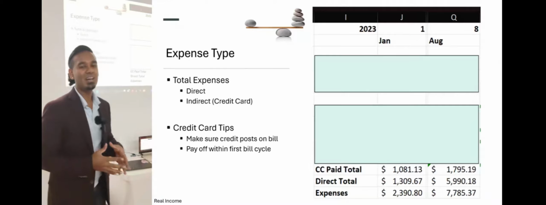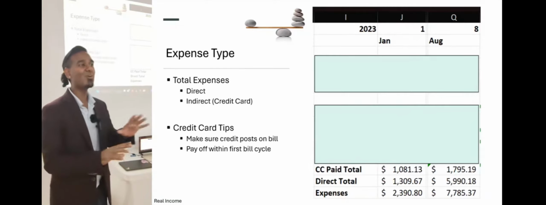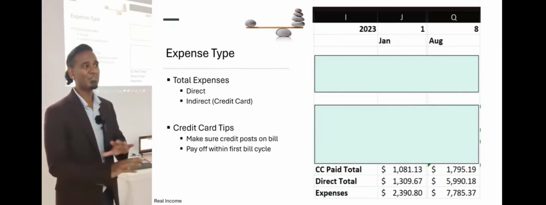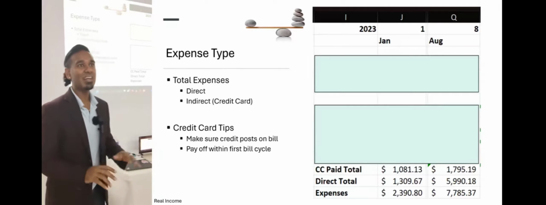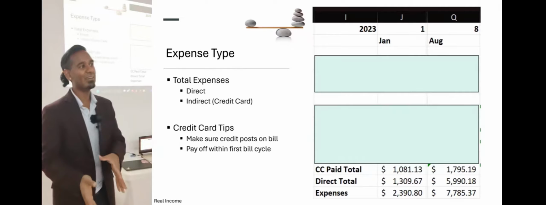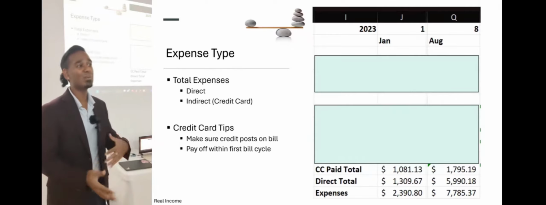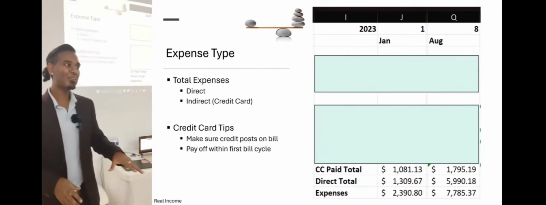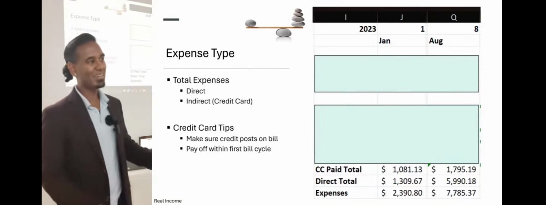And the reason why I track this is because I think going into the future, everyone's going to start using more credit, more electronic forms of payment for everything. So understanding how much you have in that category will let you know what's happening with your money and how it's transforming, right? I try to do everything with credit, and then I pay my bill right at the end of the month, right?